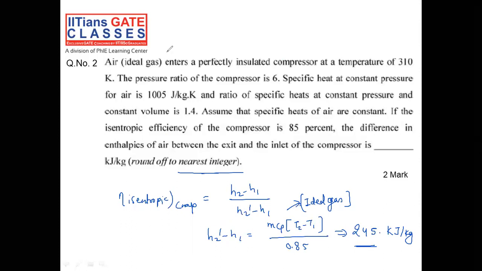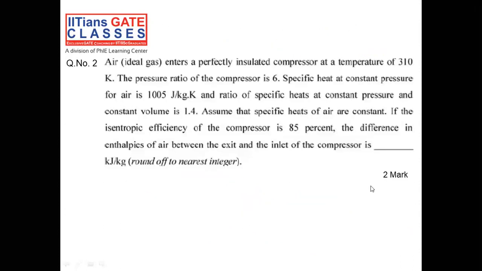Let me discuss isentropic efficiency of turbine. Even though it is not asked in the question, we can have some idea. That is just the reverse. Actual work output is very much less compared to ideal work output. That is (H2 dash minus H1) divided by (H2 minus H1). And that is about the turbine.